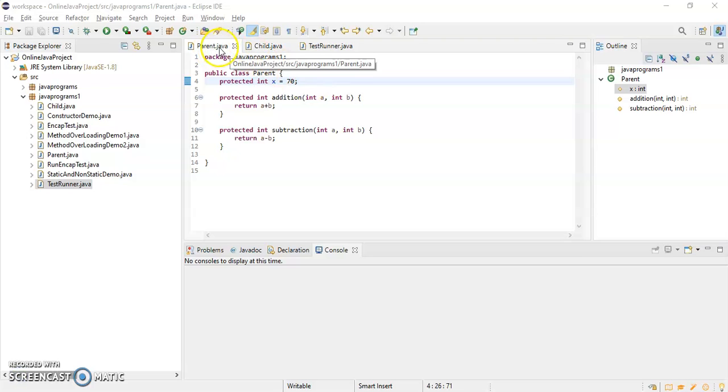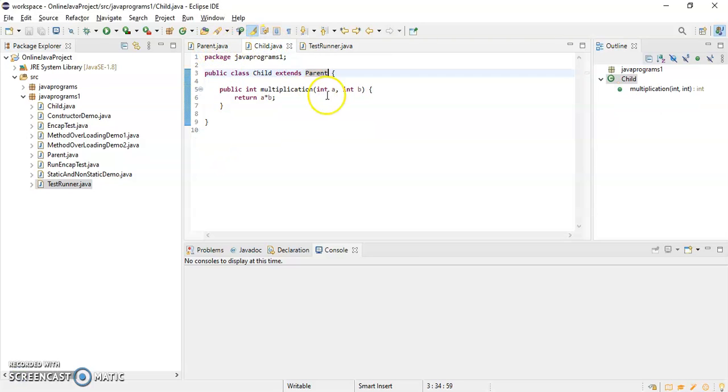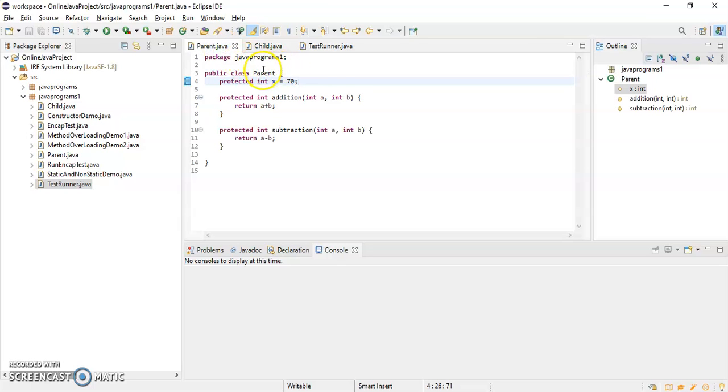So this Parent.java and Child.java we had created before. In the parent class I will create one function. I have already created one variable, protected int x is equal to 70.